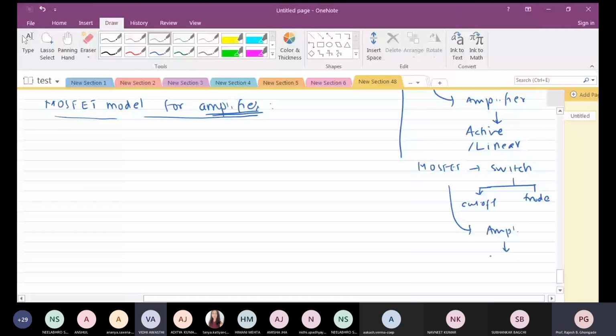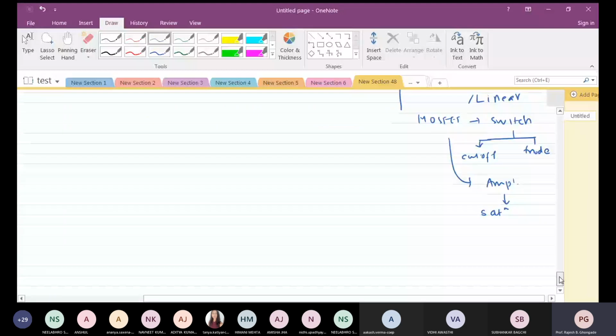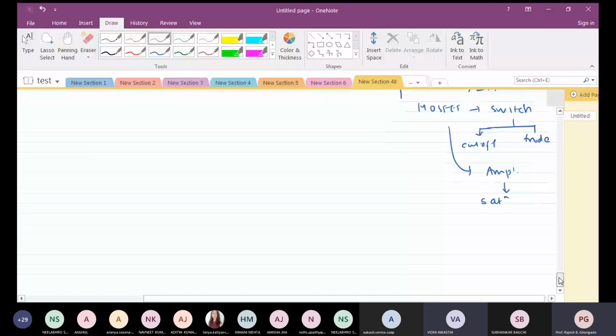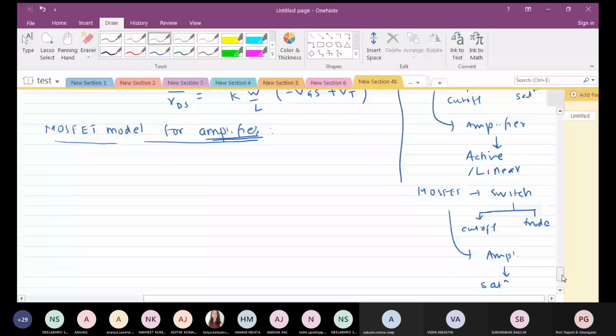Saturation region. Excellent. So please remember these things. Saturation for BJT and saturation region for MOSFET are totally different and diverse. Don't get confused. So I was saying the first order model for the N-channel MOSFET in saturation will feature an open circuit at the gate terminal again. Something like this. So this will be the model.